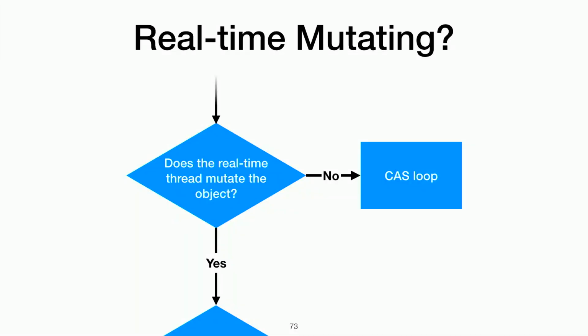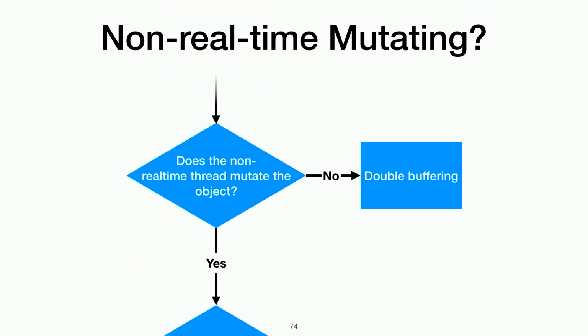So back to our slide, our flowchart. Does the real-time thread mutate the object? If the answer is no, use a cast loop. However, if the answer is yes, then we need to go on to the next question. Okay, so now the answer is yes, the real-time thread does mutate the object, but we could have the reverse